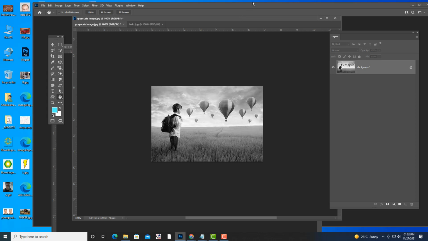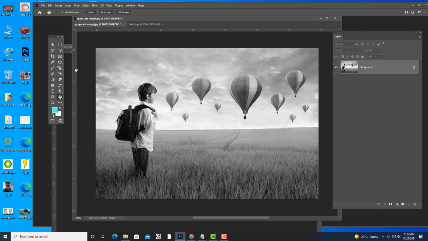Okay, so see, what I am going to do is take a pen tool. I'll just select the grass. Just quickly select the grass.